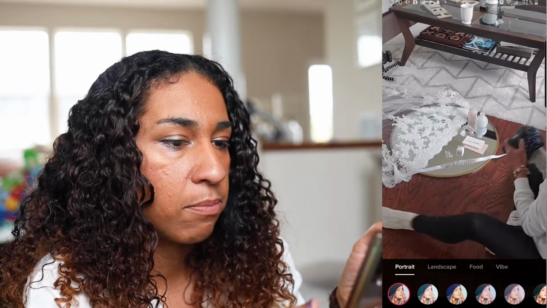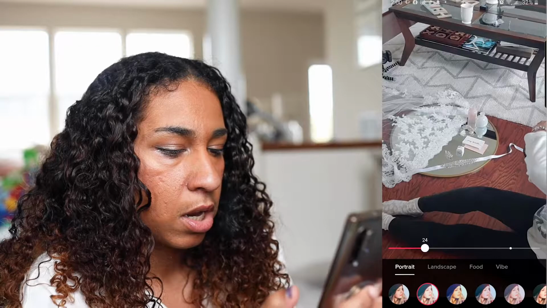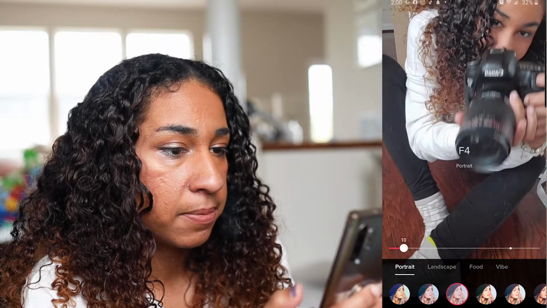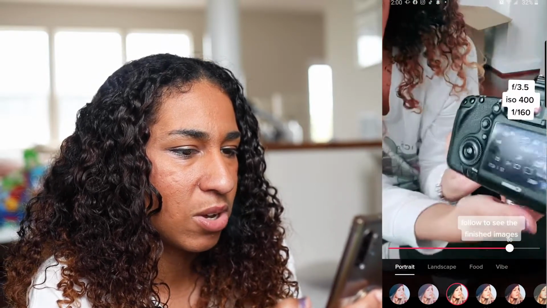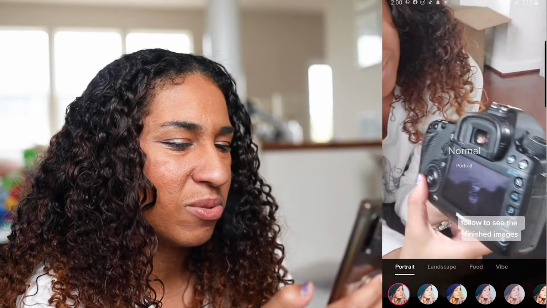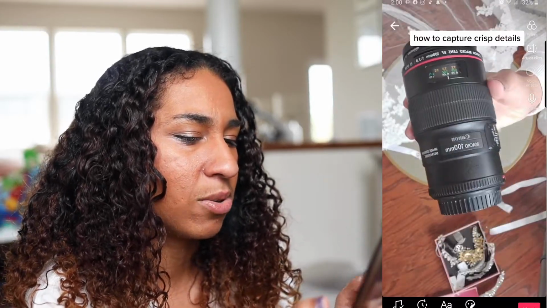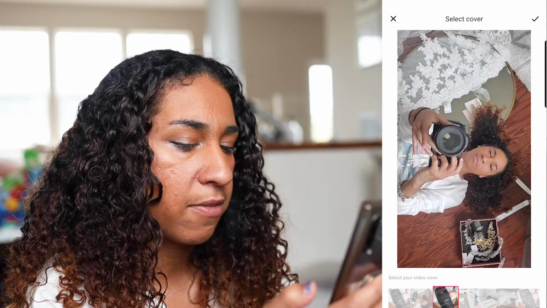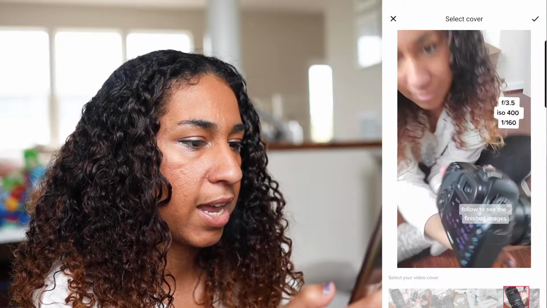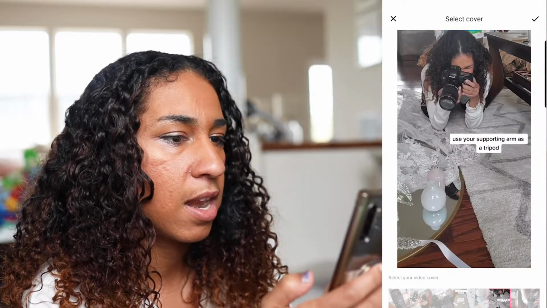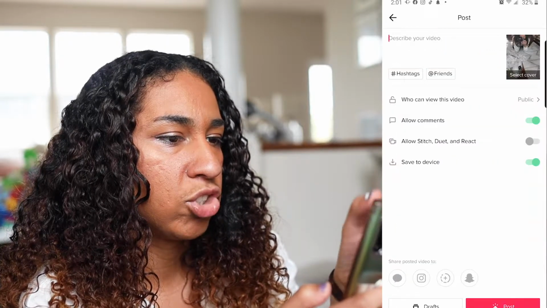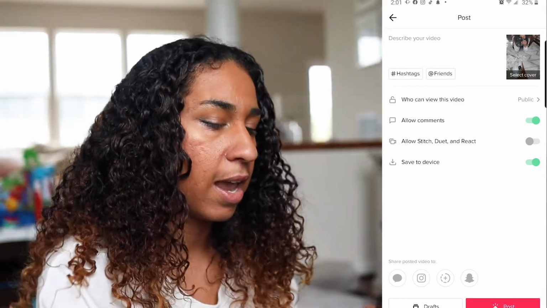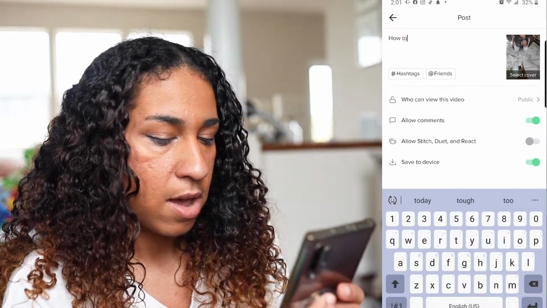If I want to, I can put in a filter. It's best to just find the right lighting, because putting a filter on, it's always like, I'm not crazy about it. So I'm just not gonna do it. I'm gonna go to next, select my cover. What do I want the cover of this to look like? I think I'm gonna have me doing that, and press this little check. Now that's like that, and now I get to describe what this is, and it is how to